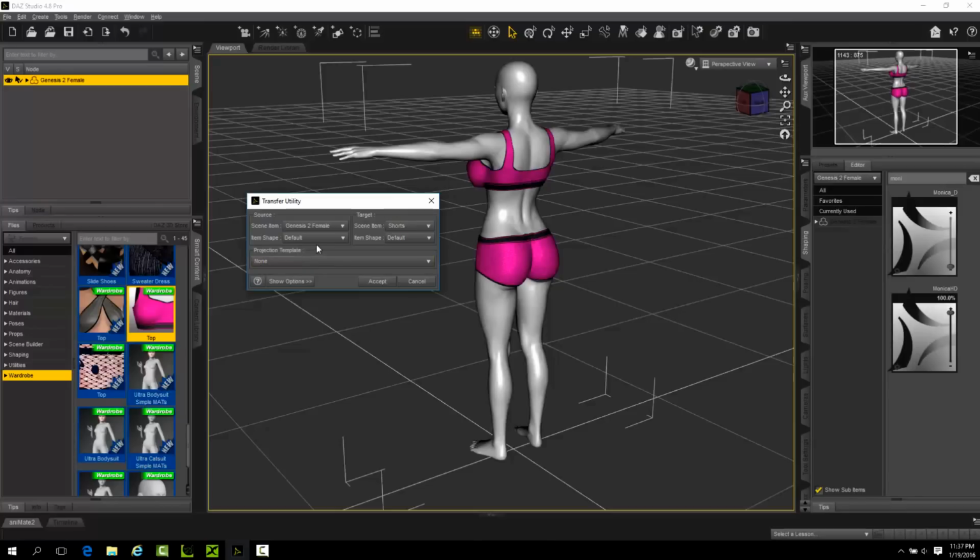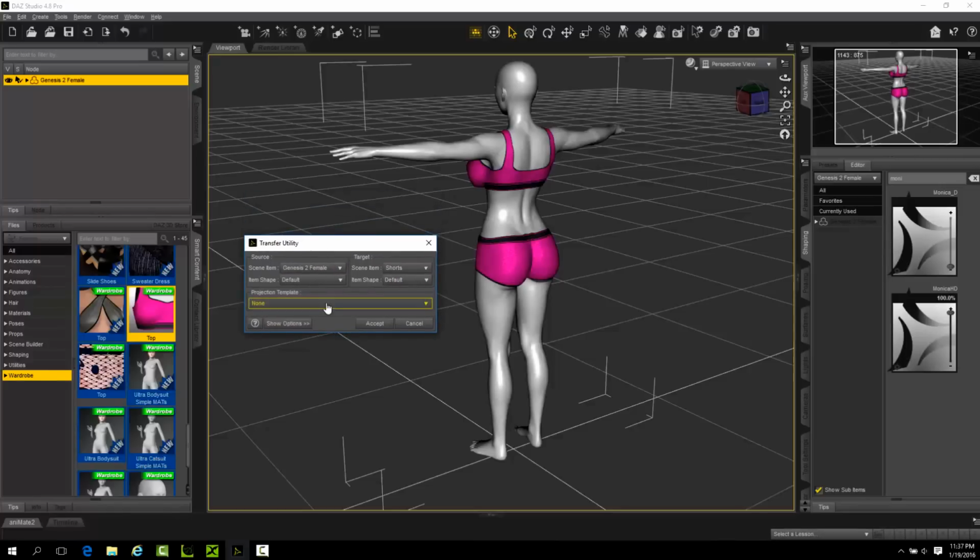Projection, I'll leave it as none. Sometimes you can do default or current, it doesn't matter. I don't see the difference between the two. There's not a lot of documents on why or why not to use them. The template, don't use that. You only use the template if you have a Genesis 2. If you're not doing my own, if you're doing a regular Genesis 2, you can use the template,